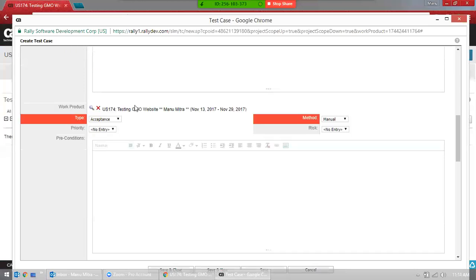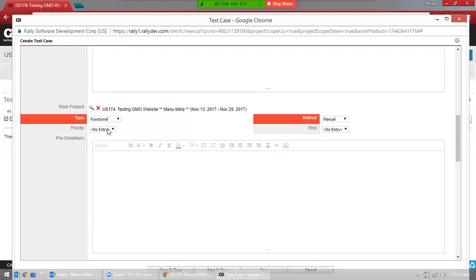Okay, what type is this? Is it acceptance testing, performance, regression? Obviously we are doing functional, so we'll just put functional. Is it manual or automated? If it's functional, mostly it will be manual. If it is regression, then it will be automated. There's a very rare case where you have regression and you put manual. Not always, but there might be a case where you do that.